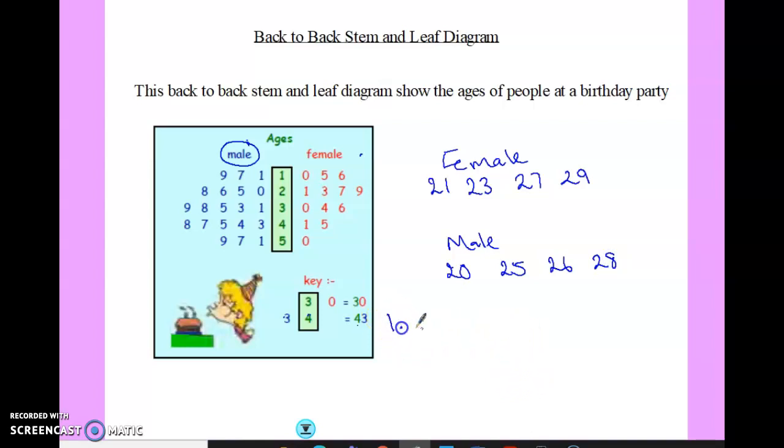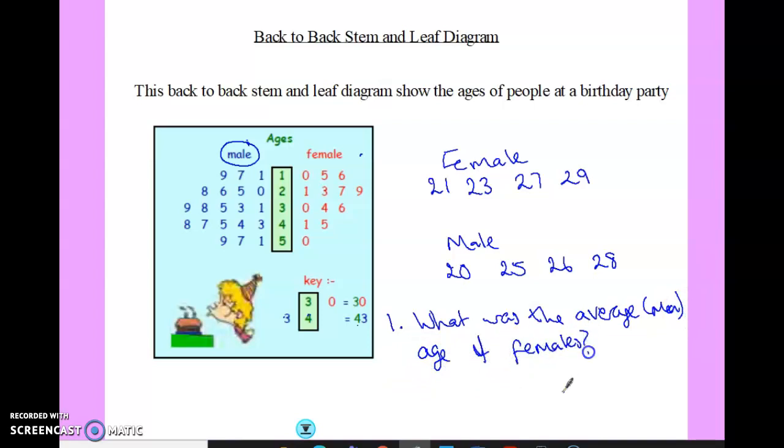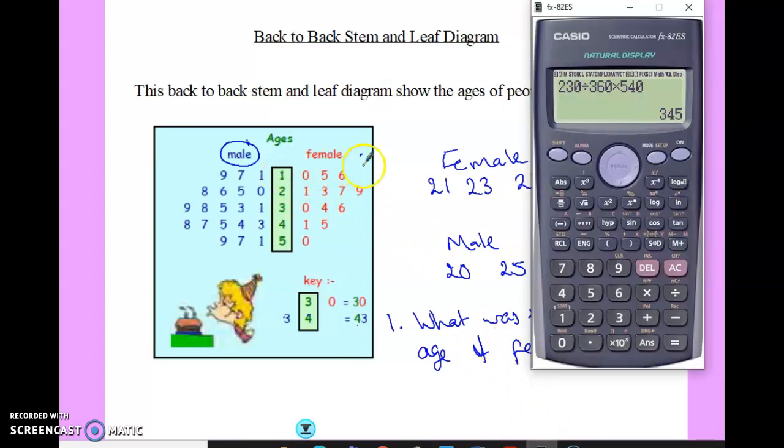Let's try first of all, what was the average, or the mean I should say, since we've done more than one kind of average, age of females? It's the average age of females then. We want to add up all the females, so we can just type this straight into our calculator. So the first one would be 10 plus, next one's 15 plus, next one's 16